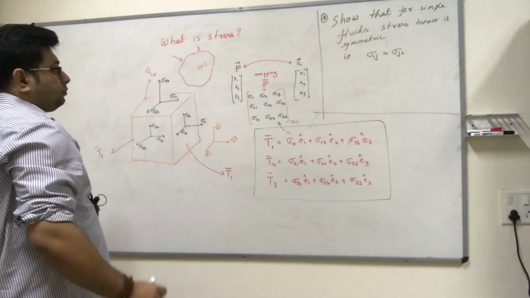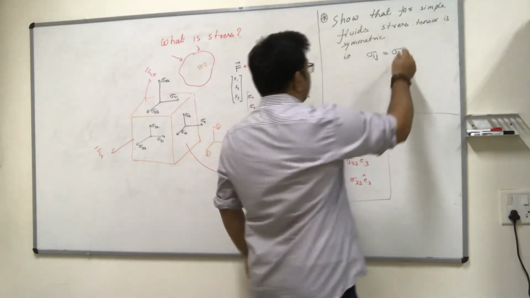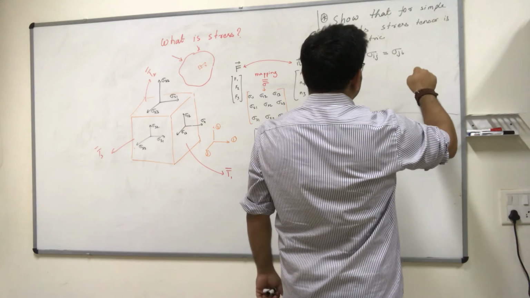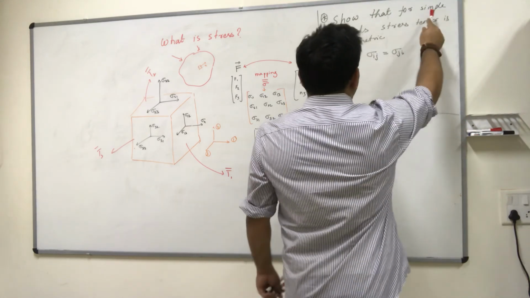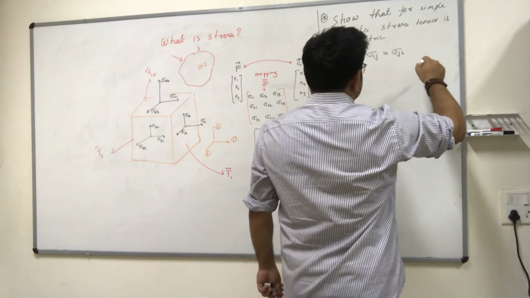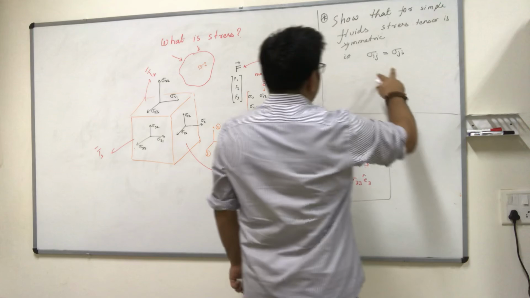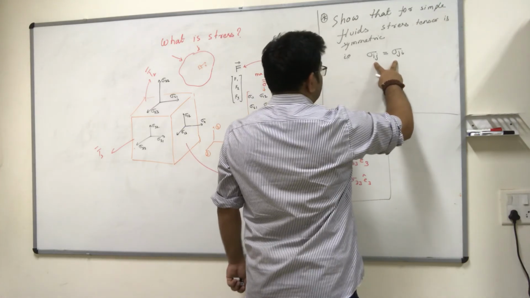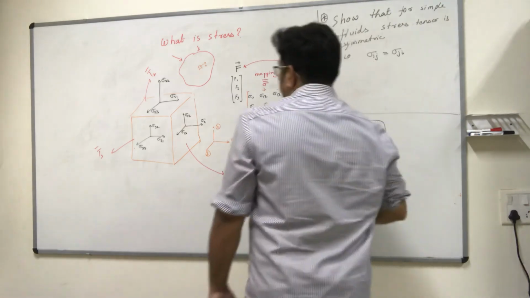This is number 1. The way to do that is to take a cube and try to sum the moments. For a simple fluid, you will not have any intrinsic angular momentum to balance. So for a given fluid, you have to show that when you apply the angular momentum conservation principle to an infinitesimal cube, you can get this. Give it a shot.